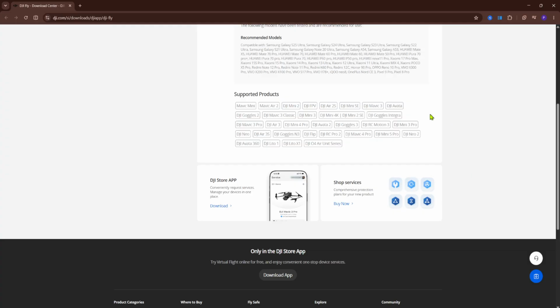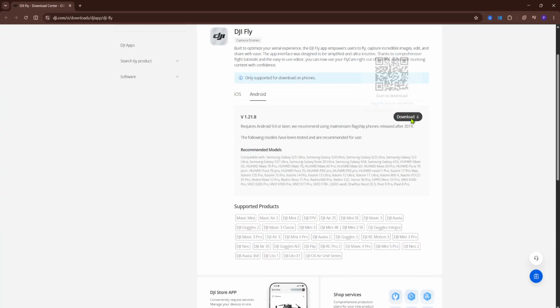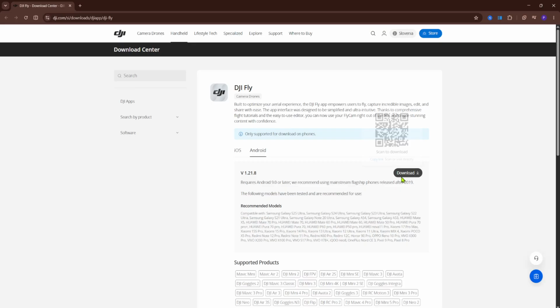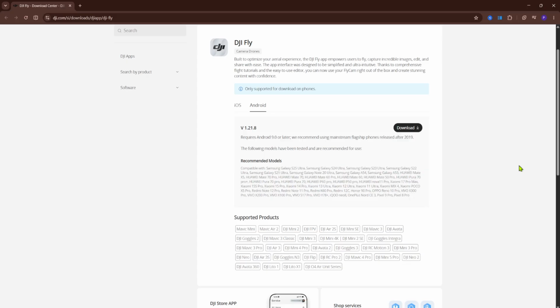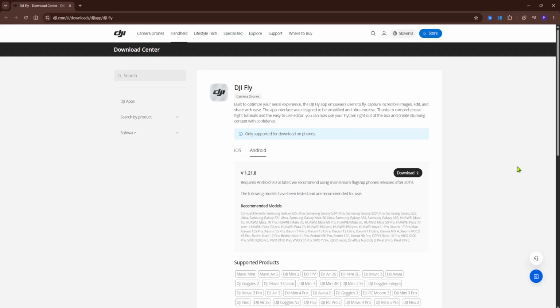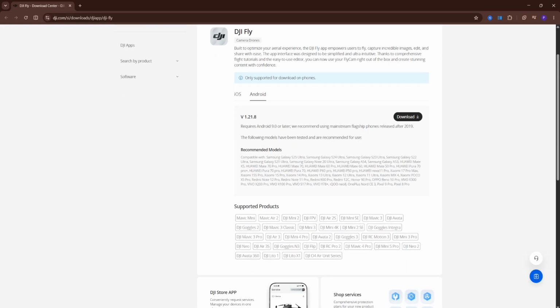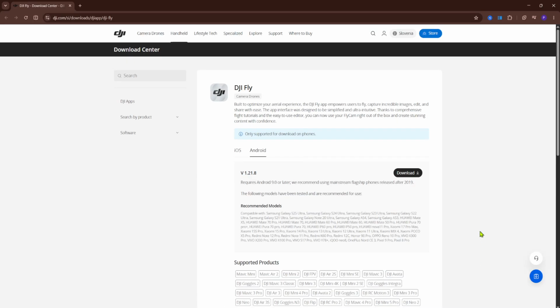After that, you will just tap the file which you downloaded, and just like that you will get the pop-up window to install it. You will allow from this source, and installation will start, and you will have the DJI Fly app, and that's pretty much it. You need to know that the file name is something like DJI Fly, and the end of it is .apk